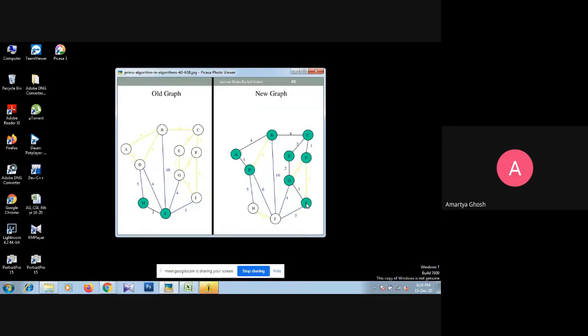So after connecting this J, if we choose GJ, it is closed. If we choose BJ, that is another time the graph will be closed.